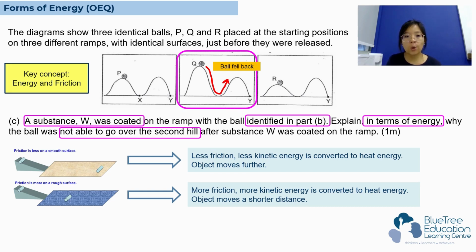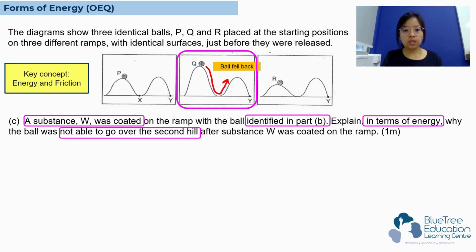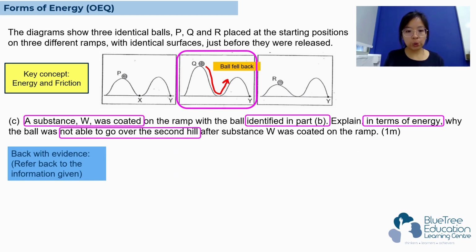Now we understand that it is caused by friction. We just need to phrase it in our ABC format. And now let's take a look at how we can phrase our answer. Okay, so now we understand that it is friction that caused the ball Q to not be able to go over the second hill. We just need to phrase our answers. So now we need to use the ABC concept, but only the B and C part. So we need to back it up with the evidence to tell us that